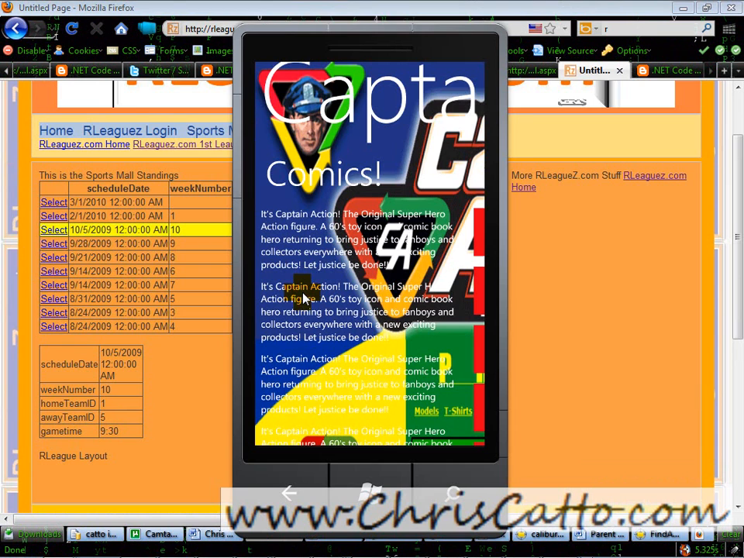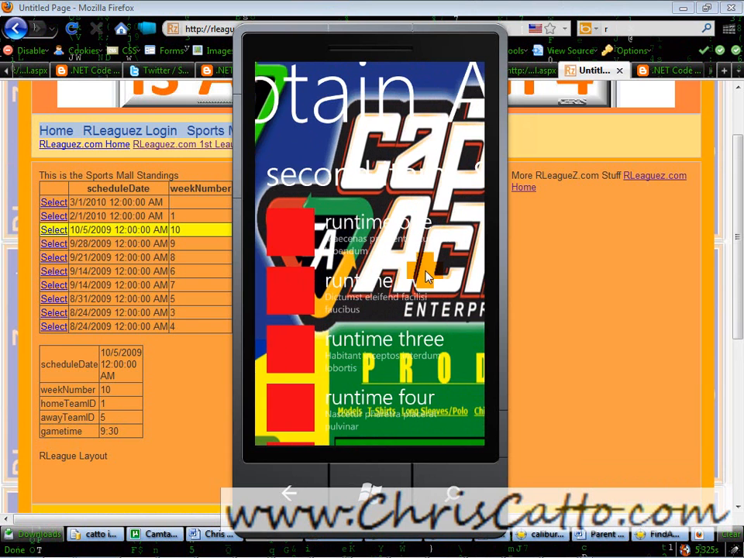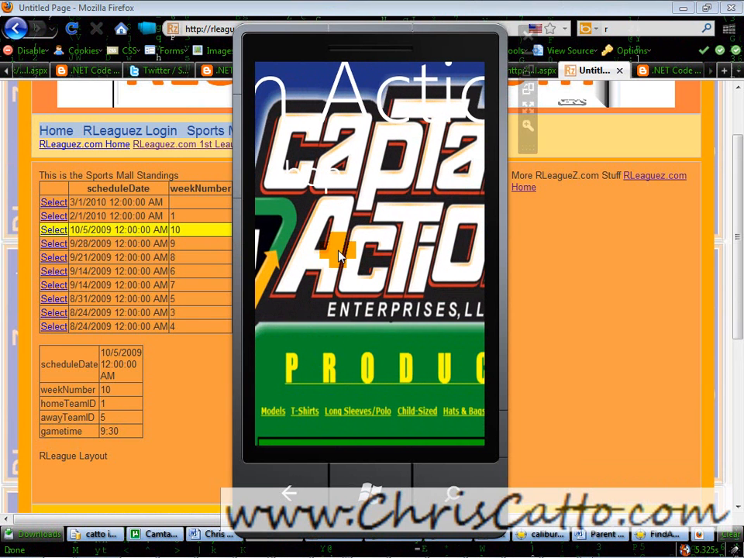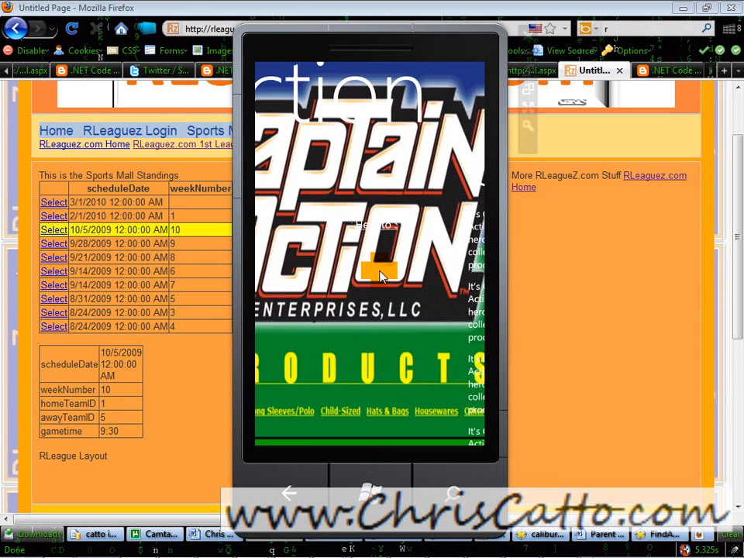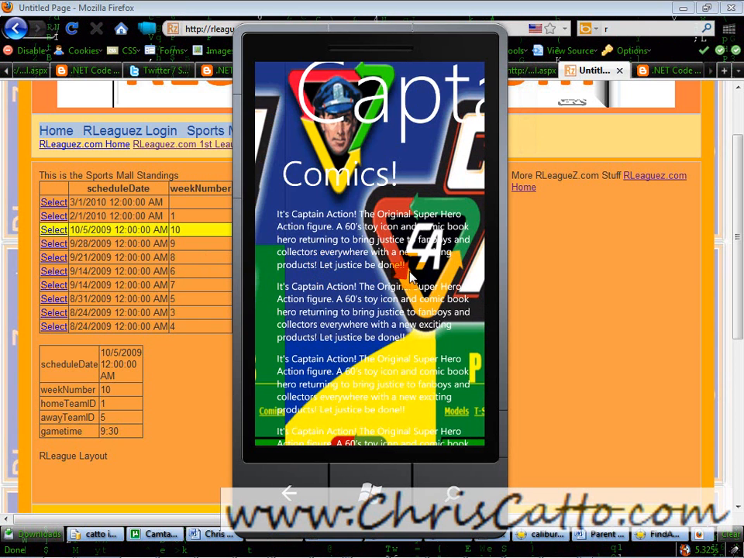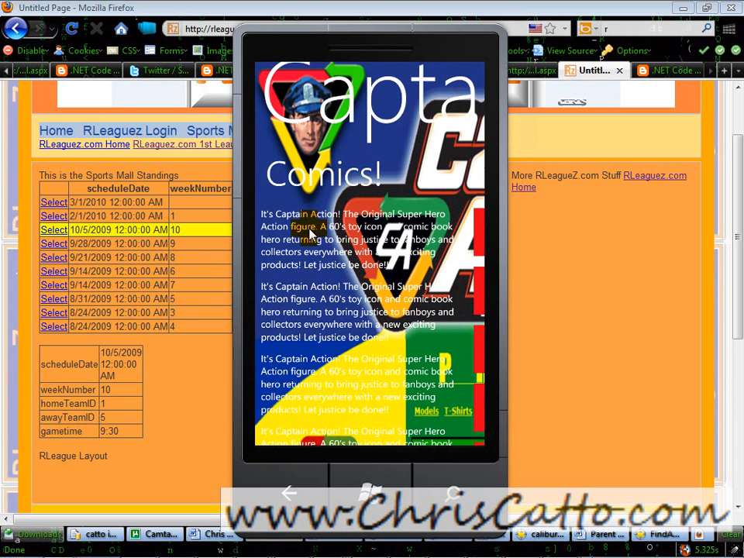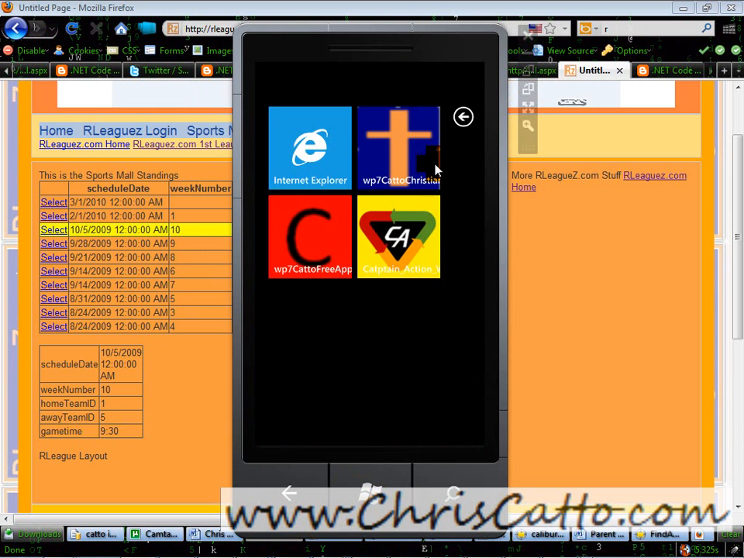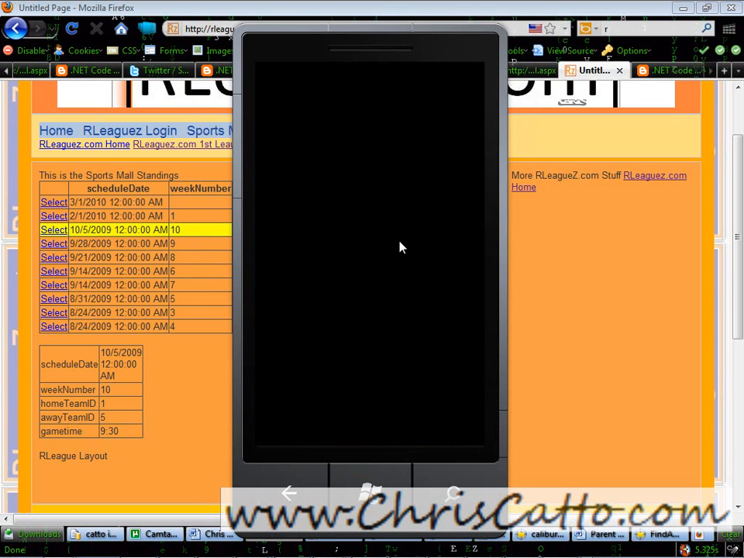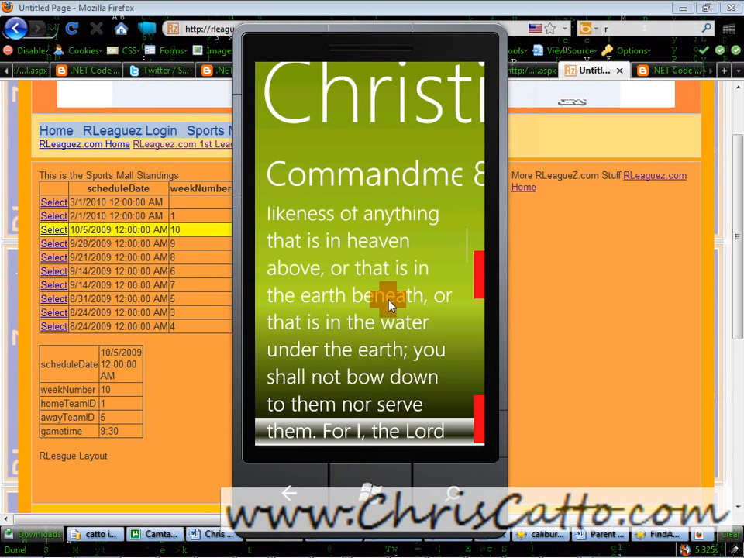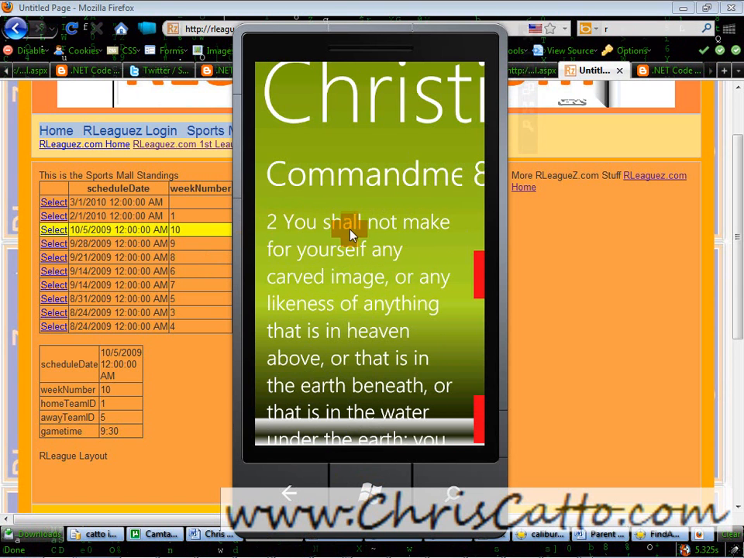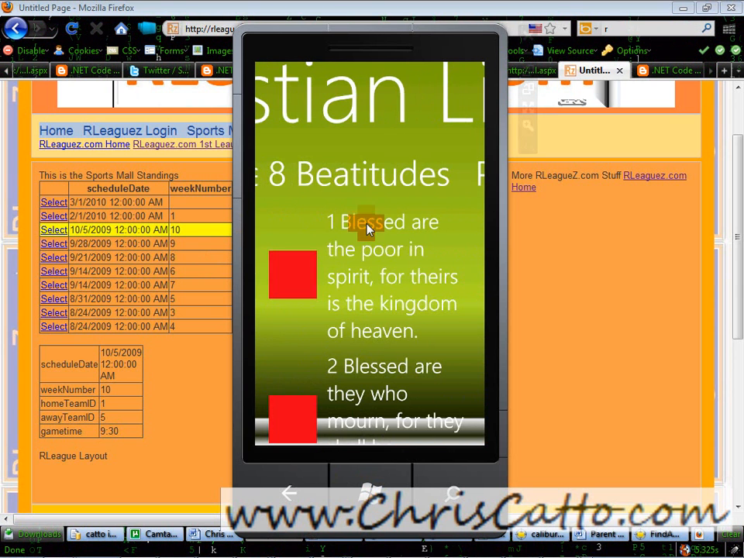Also, we're going to take a look at some fun apps, like here's my Captain Action Windows Phone 7 app. Here's a little panel, and it's about comics. Captain Action is the original superhero. We've got a couple other apps that we'll take a look at. Here's basically a Christian living app with the 10 Commandments on it. Here's another